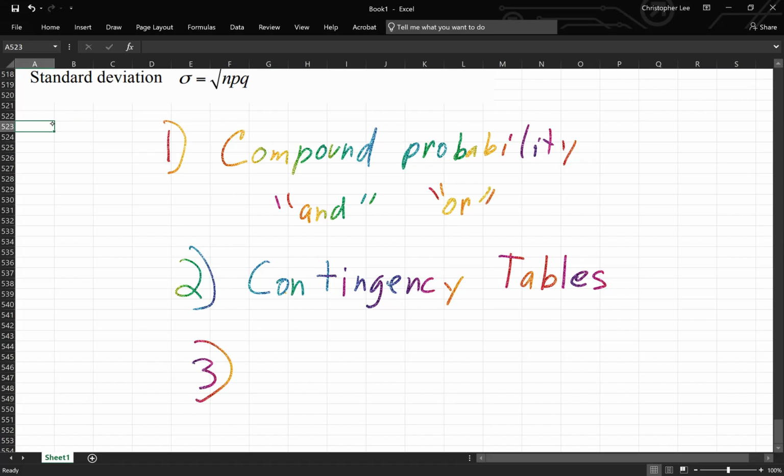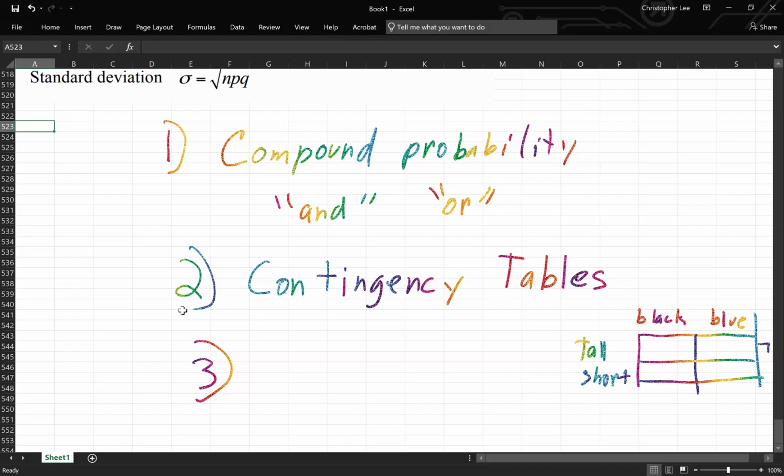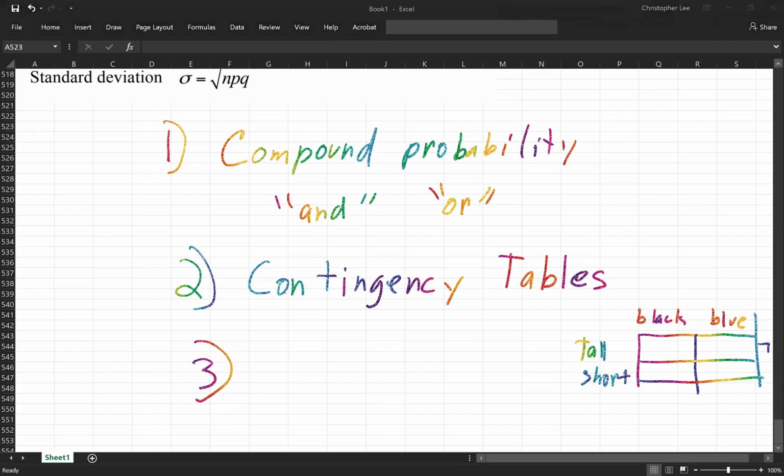No, a contingency table is the one where I have, like, black, blue, and tall, short, and then you have some numbers in here, and you have the row totals over here. That kind of stuff. And then